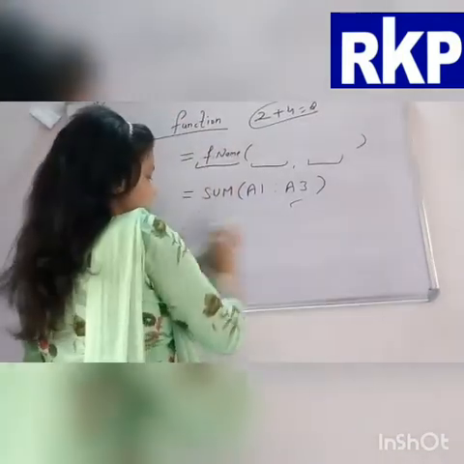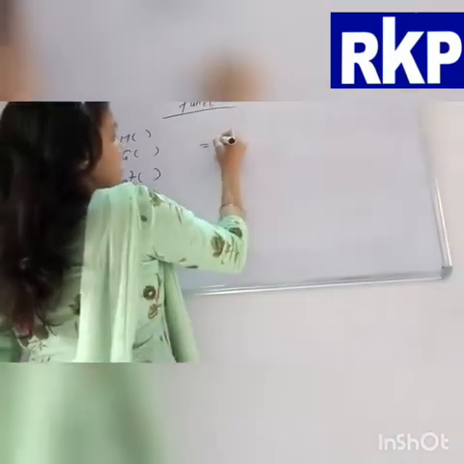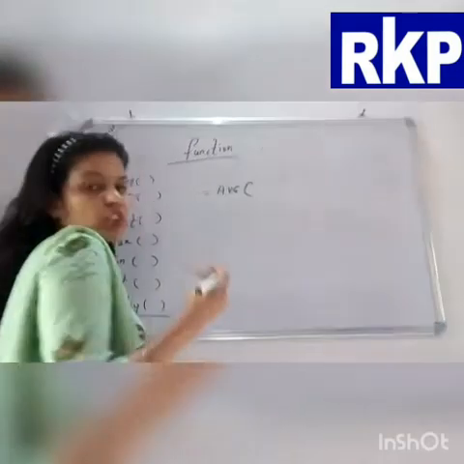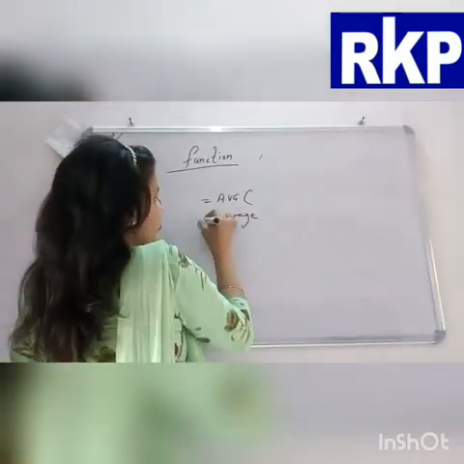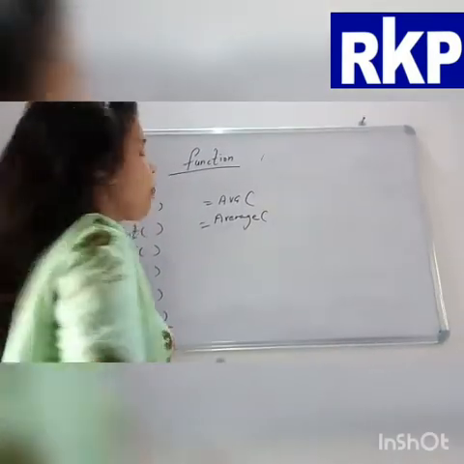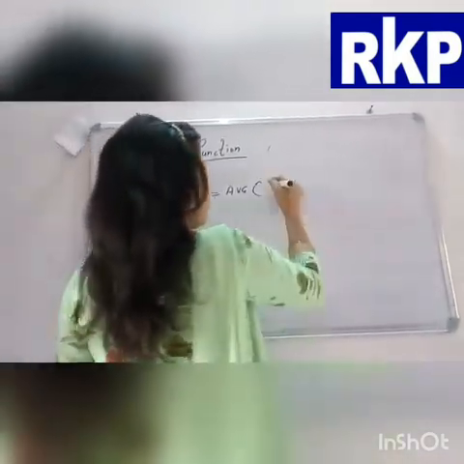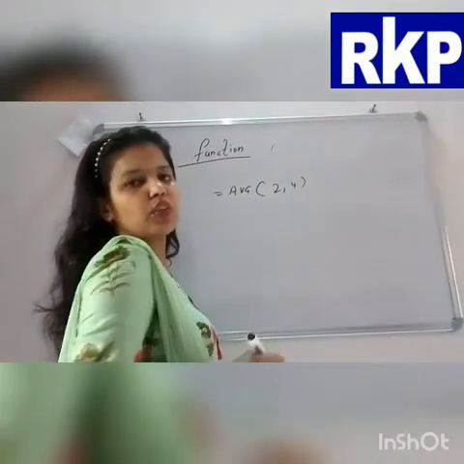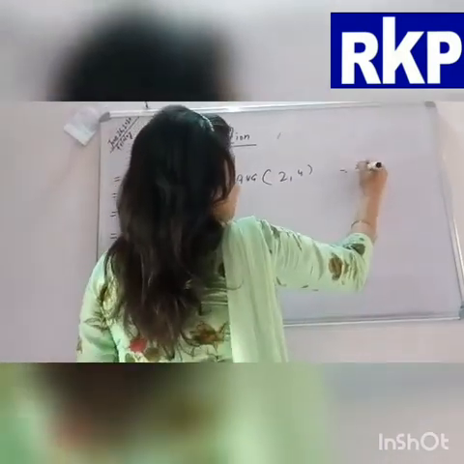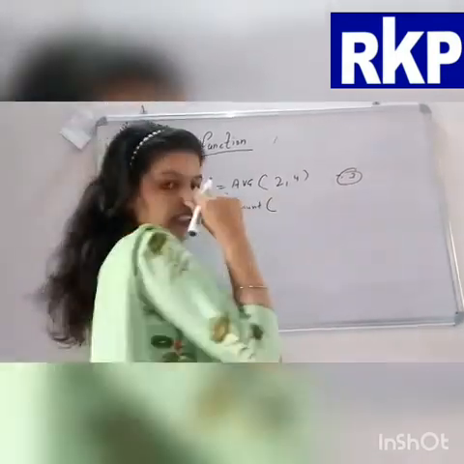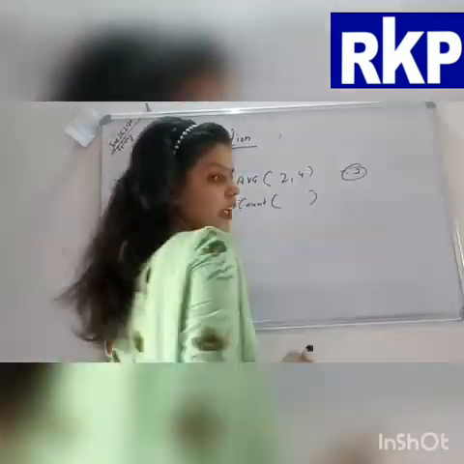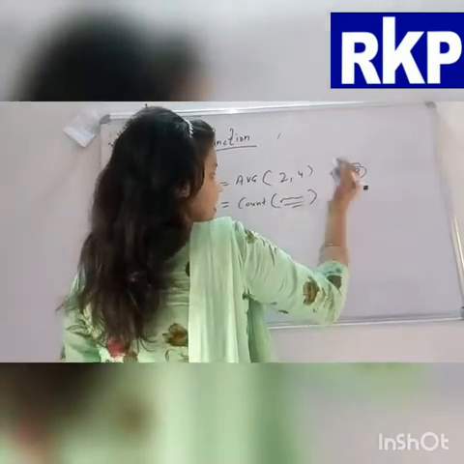So students, this is a function. Now the same structure you have to follow for all the functions, like if you need average, write equal AVERAGE. You can write AVERAGE completely, or you can write the short form. Then write the values like 2 and 4. You need the average of 2 and 4, then you will get the answer 3. Same with COUNT, to count the values: how many cells are containing values, write the range or the cell name.